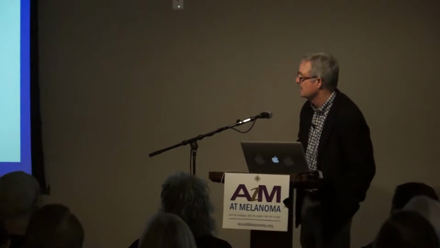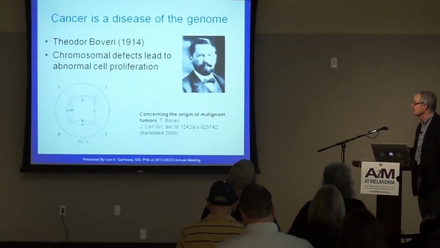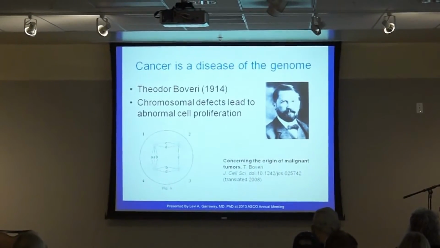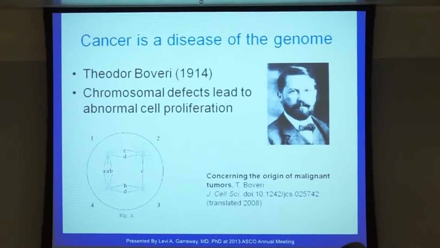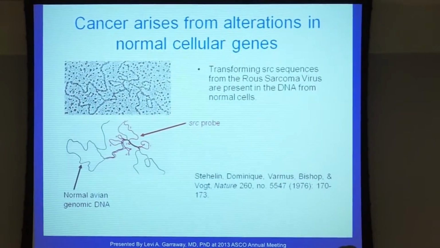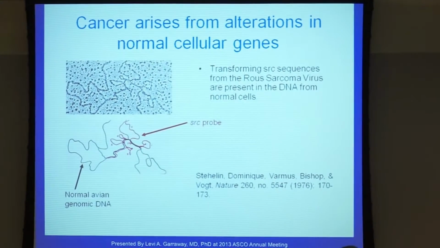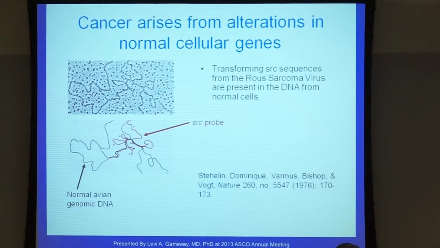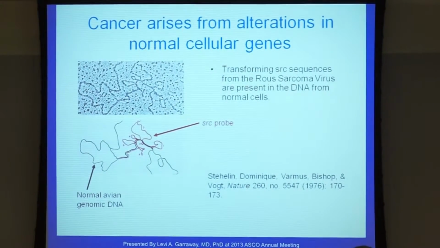Cancer is basically a disease of the genome. In 1914, it was first hypothesized that cancer came about due to chromosomal defects leading to abnormal cell proliferation. And in 1976, Bishop and Varmus at UCSF,